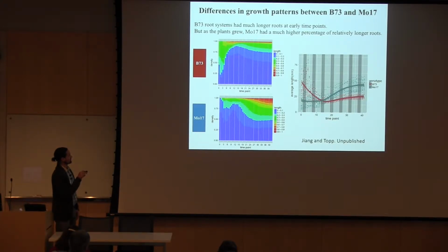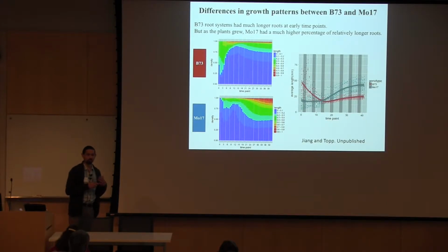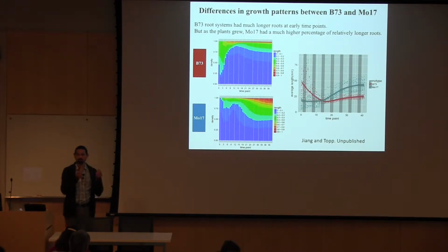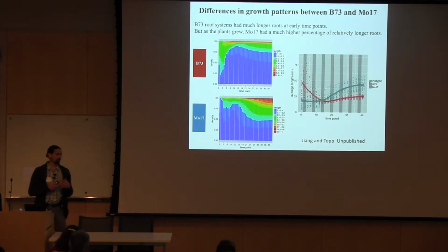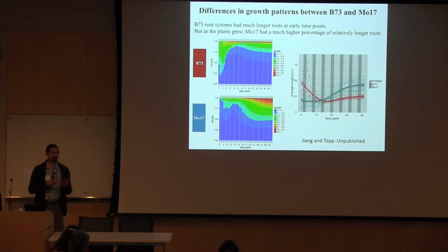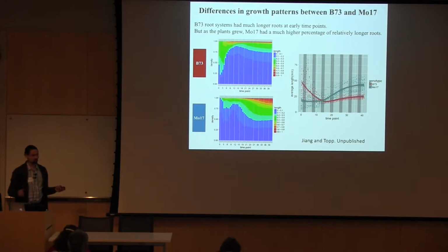for some period of time, but at some point there's really a flush of lateral roots, and then the architecture continues with many smaller roots rather than many longer roots, whereas Missouri 17 over time invests more in the roots that it actually has and grows these lateral roots out rather than making more new ones, if that makes sense. So this really could be thought of as a foraging strategy. It's definitely a growth characteristic that has implications for how the plant is able to forage for nutrients and resources